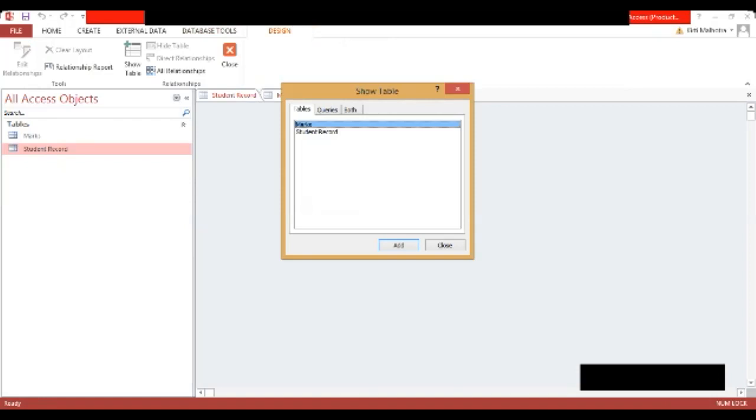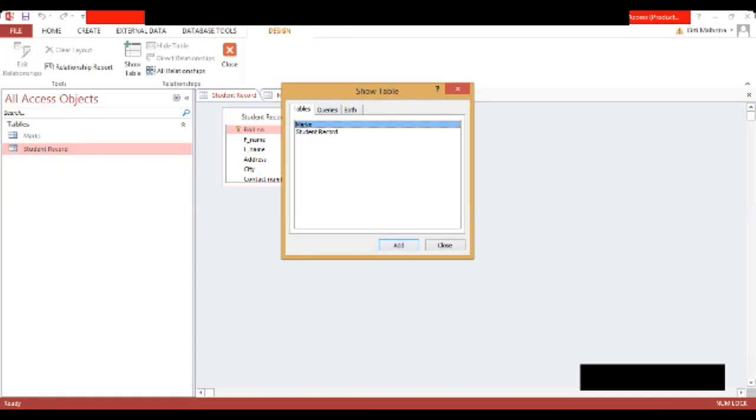Yes, ma'am. Okay. Now I'm having two tables here. Tables are two, marks, student record, then queries and then both. Now what I'm going to do is, you have to add, like I have taken student record table. I have selected student record table. I will add it. Then I will take marks table, because why I am taking two tables?